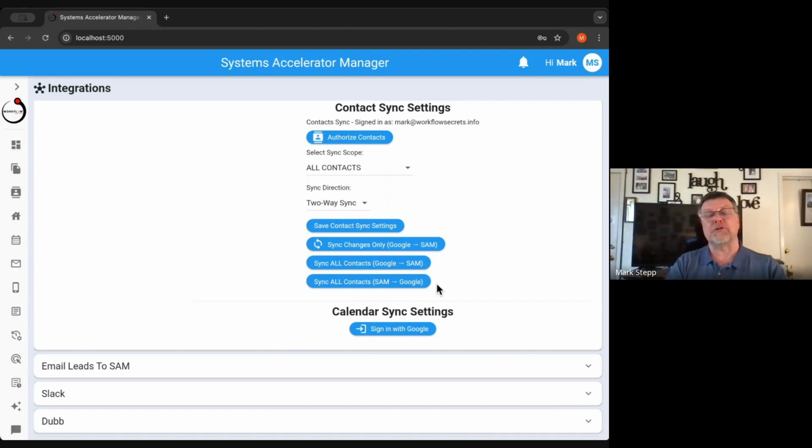That allows you to do things. Now, with contacts, calendar is not this way, but with contacts, whenever you're adding a record inside of SAM, it will go over to Google immediately. So if you make a change, you add a field, you do whatever, if you've got Google syncing turned on,